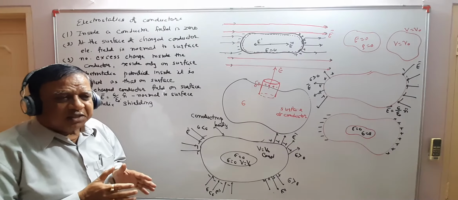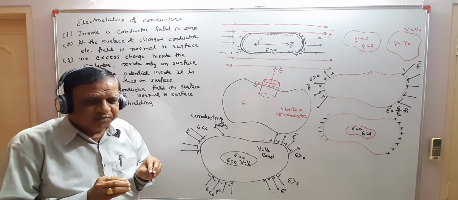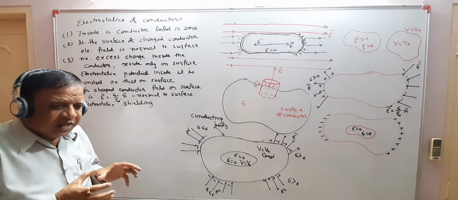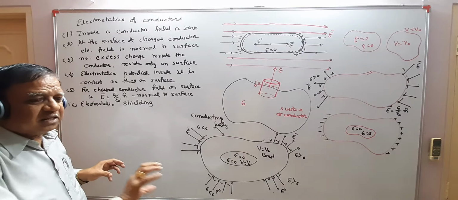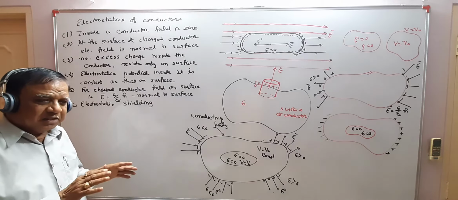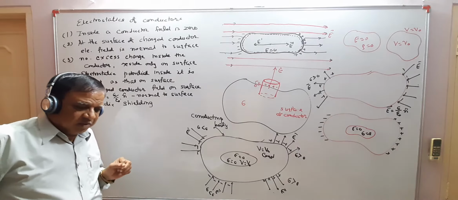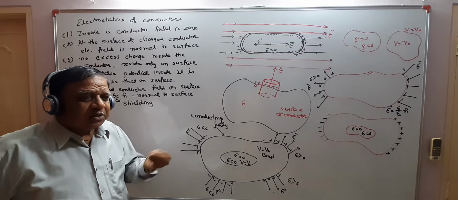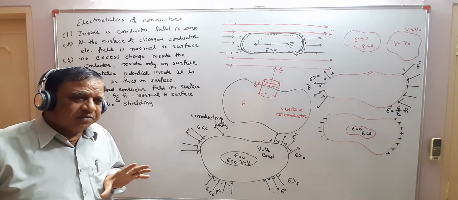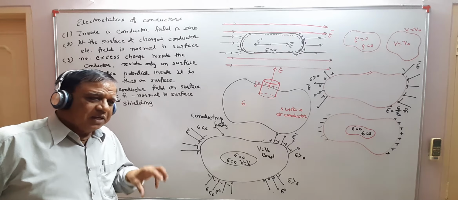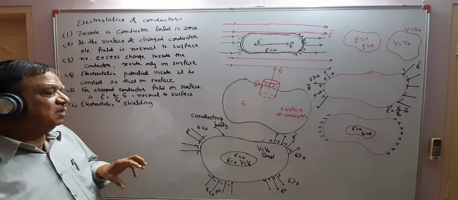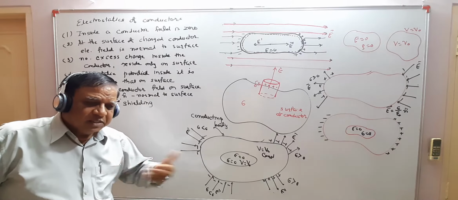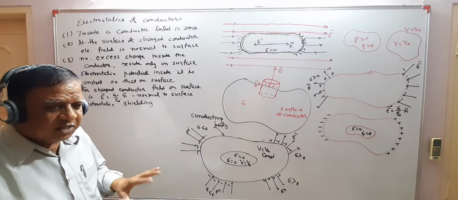You know very well, in a metallic conductor, the free charge carriers are electrons. Electrons can move inside the conductor freely. Why? In the structure of the metal, valence electrons become free from the atoms, and the positive ions are much heavier by comparison. So electrons can move inside the metal easily but cannot leave the metal surface.